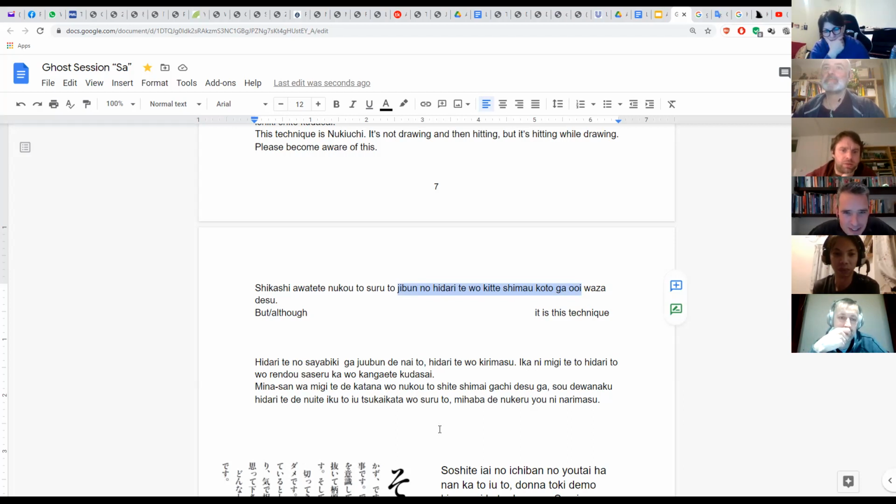Yeah, but I don't understand what. Okay. So yeah, this is kind of subclauses inside subclauses. So jibun no te o kitte shimao. So one's left hand. Kitte shimao. What could this be? But regrets. Only the shimao is regret. It's the kitte, which is the bit you have to translate really. To cut? Yes, yes. So to cut one's arm or hand.